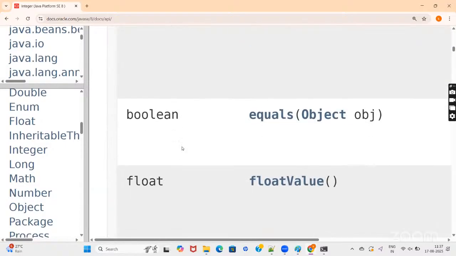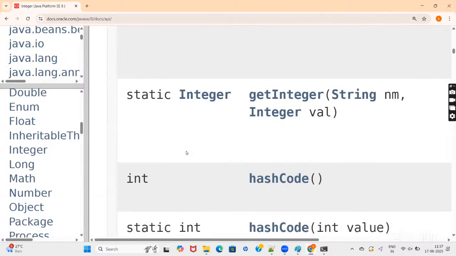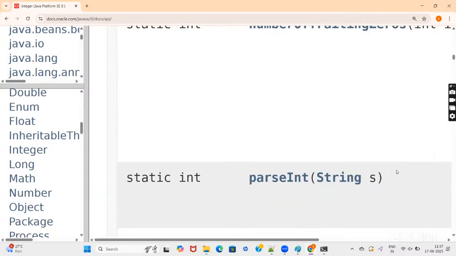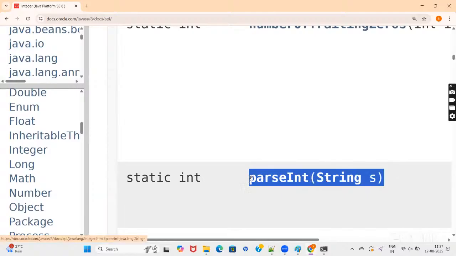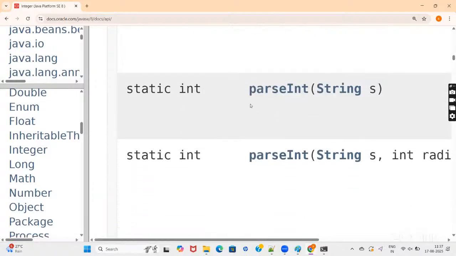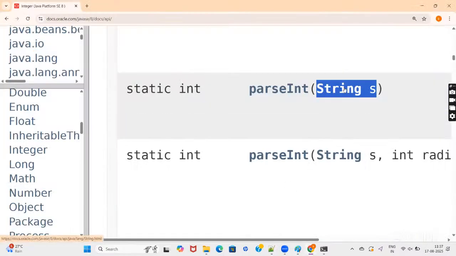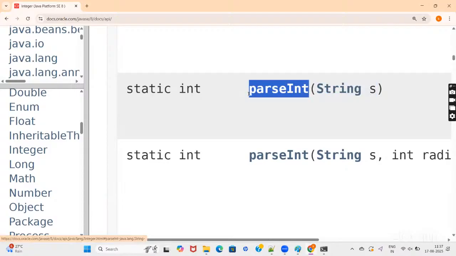In the Integer class, there is a method called parseInt. We need to supply the string. C of 0 is already a string. We can supply that string to this method called parseInt, which returns